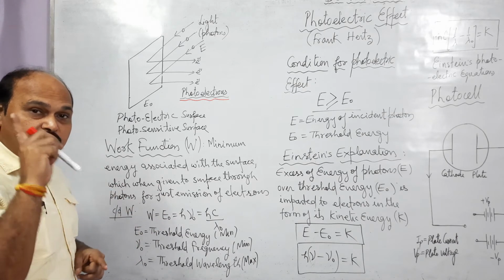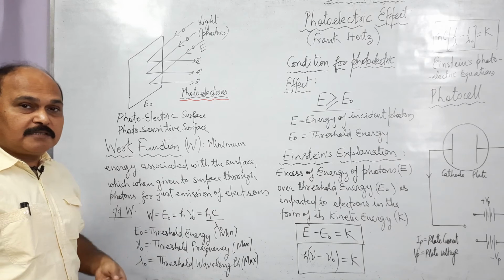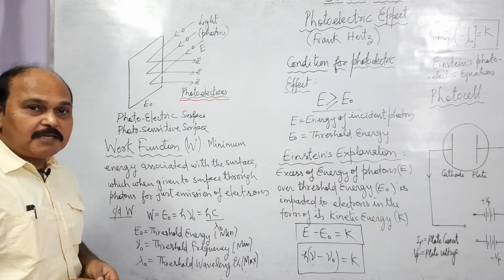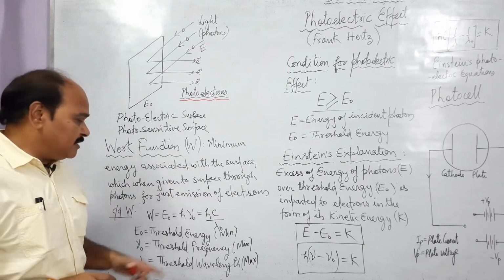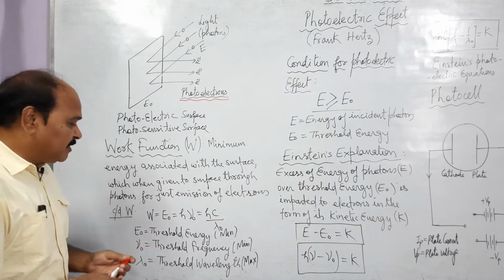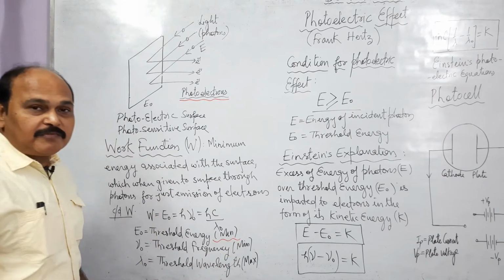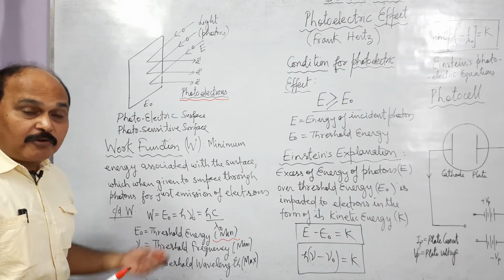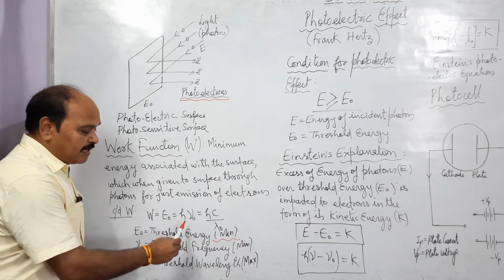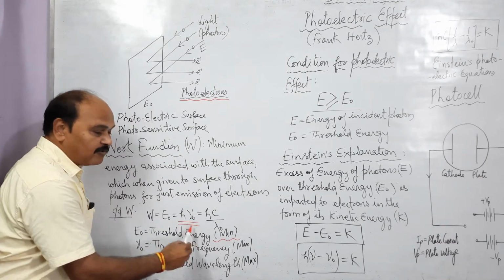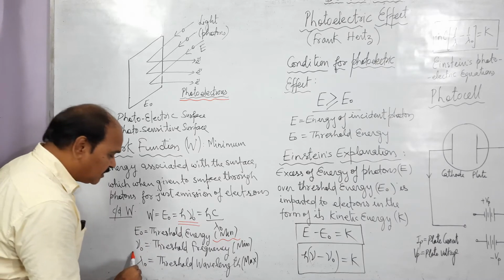So energy of photon, which is the same as work function, is called threshold energy. Remember, threshold energy is the same as work function, and it is also the characteristic property of a surface. So E naught is threshold energy, that is the minimum energy of photon of light for just emission of electron from a surface. And we already know Max Planck's hypothesis. This energy can be written as h into nu naught, that is Planck constant into frequency nu naught. What is nu naught? Nu naught is called threshold frequency.